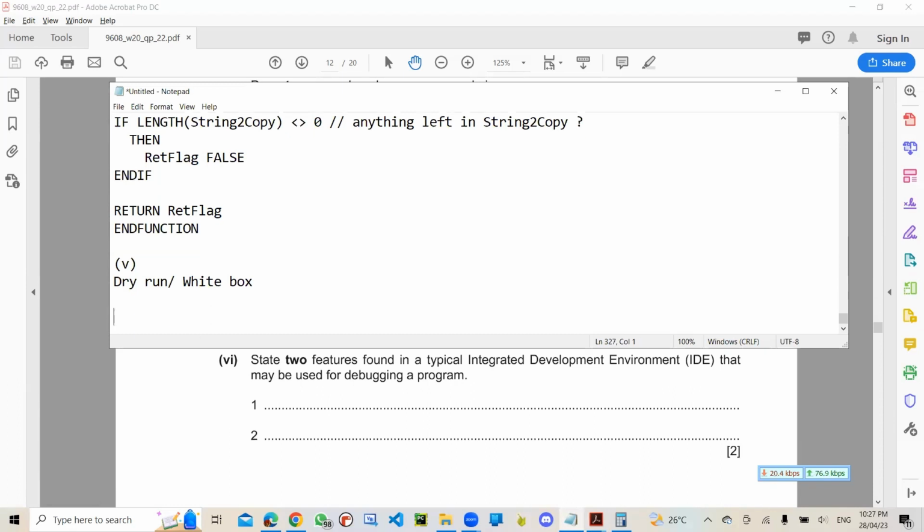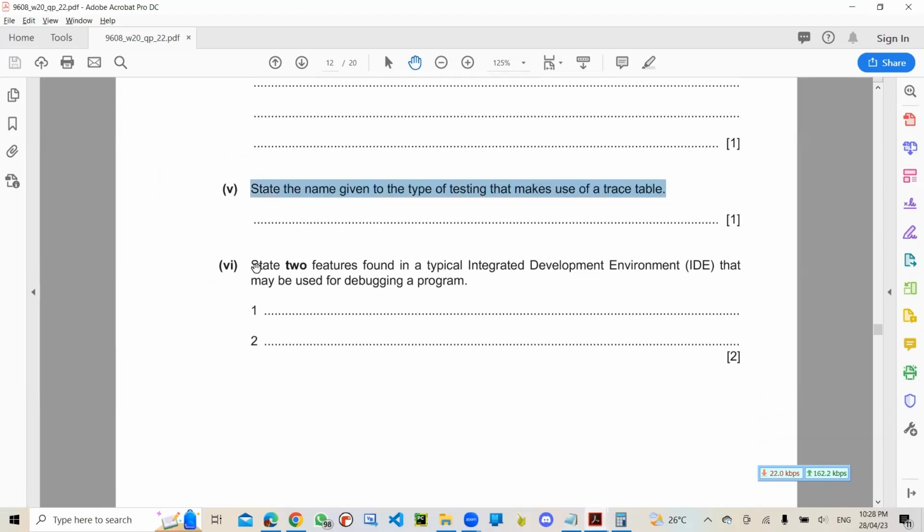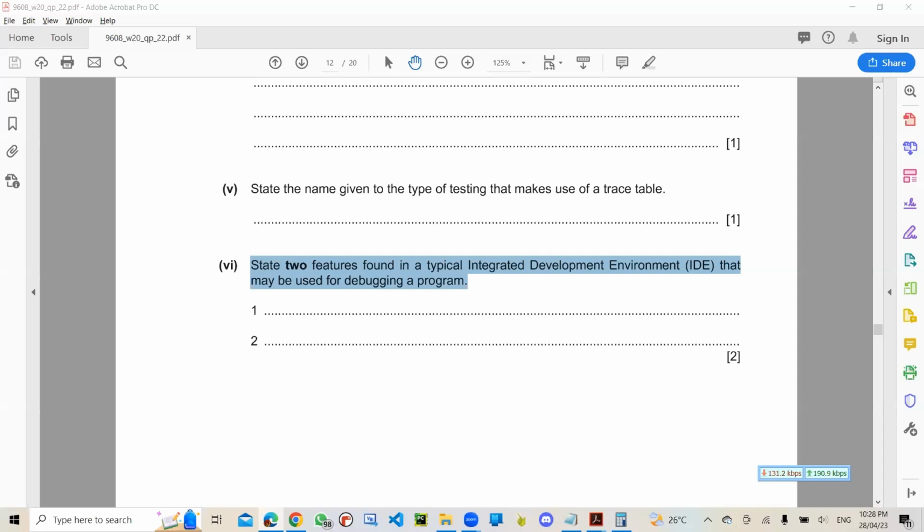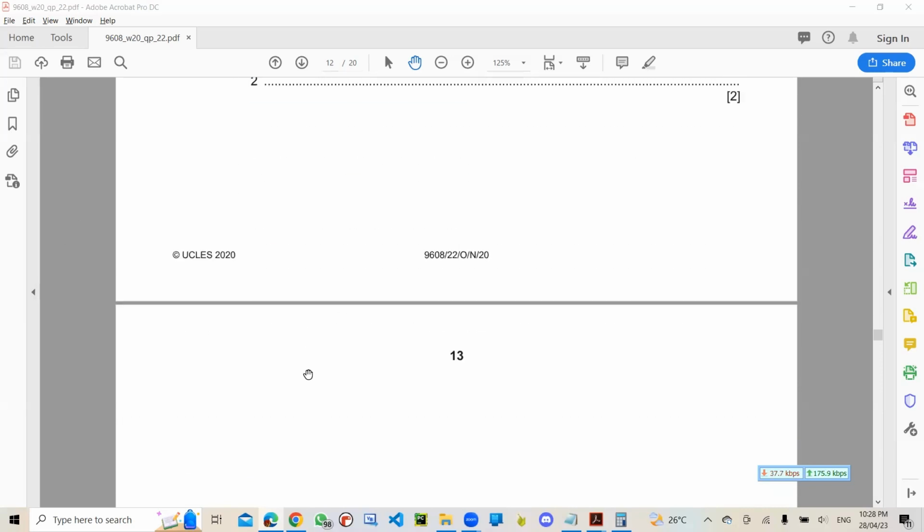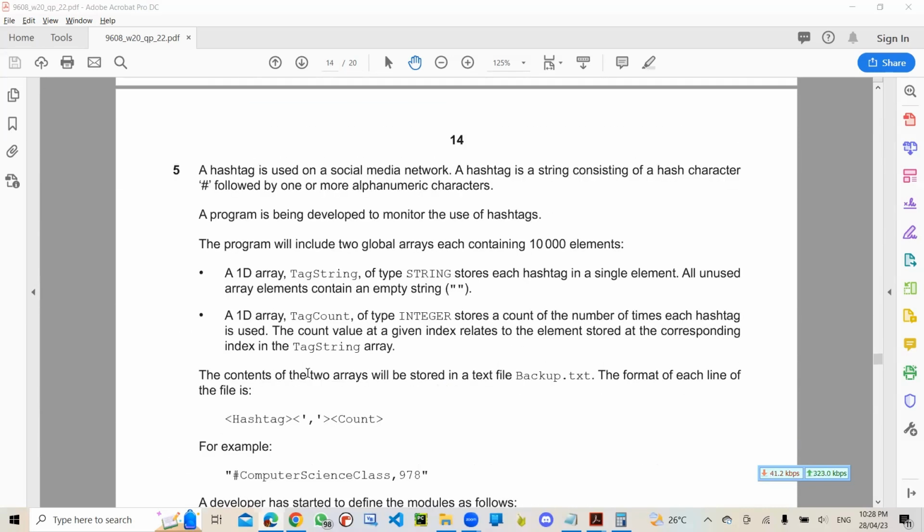All right. Now, state two features found in a typical IDE that may be used for debugging a program. So we have quite a lot of features. If you do remember, stepping, breakpoints, variable and expression windows, syntax error highlighting, and all. We did that, so just write it. All right, so